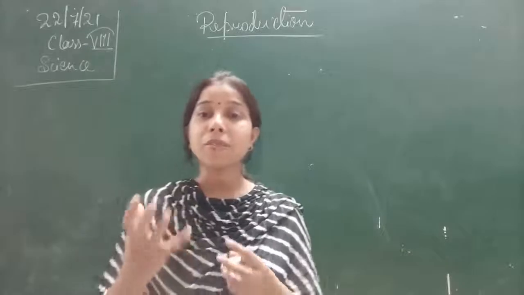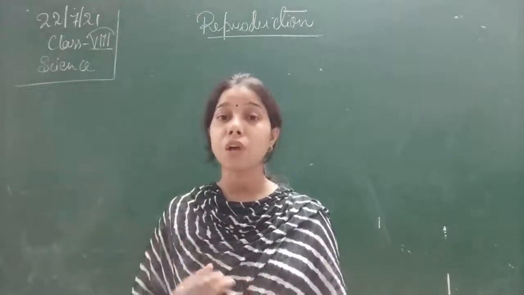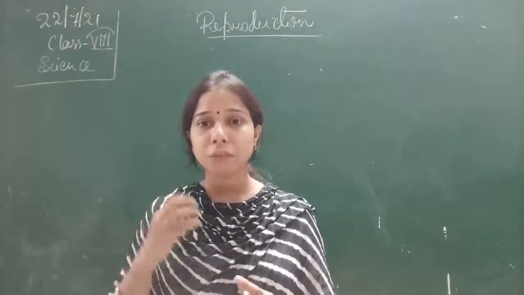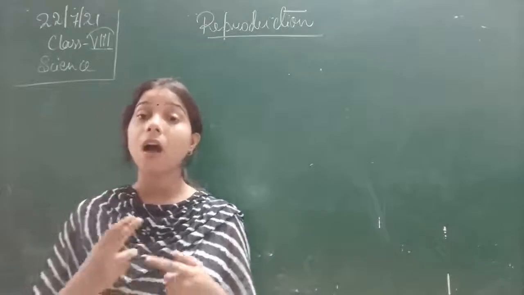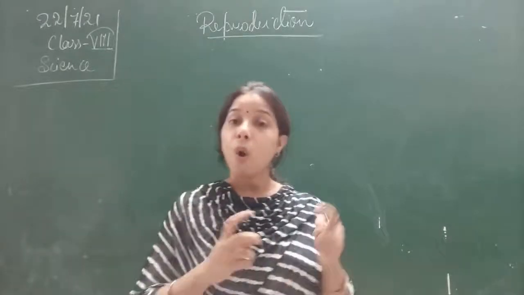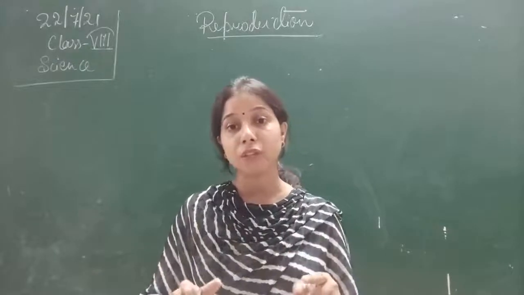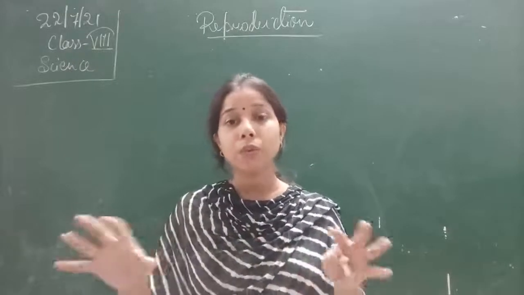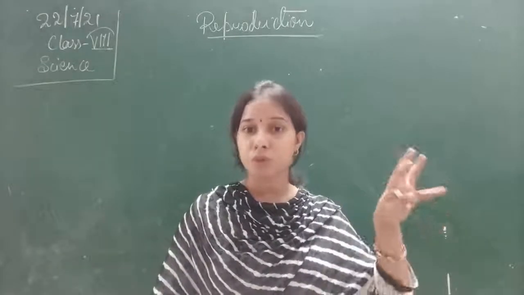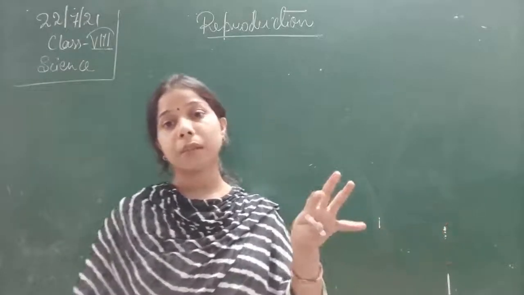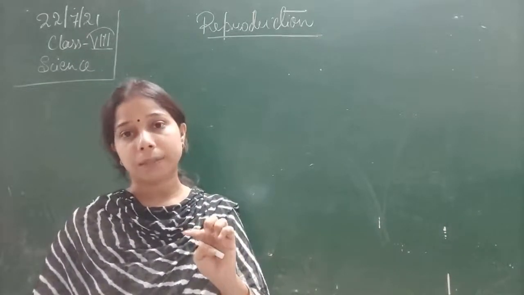So see, what is the function of the hand? Different from the leg. What is the function of the eye? Different from the ears. So the cells present in the eye, in the hand, and in the leg are different from each other. Obviously they came from one cell, the zygote, but after division they get differentiated into different groups of cells which have their own structure and their own basic functions. So after cell division, cell differentiation happens.